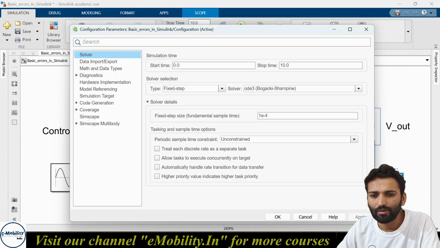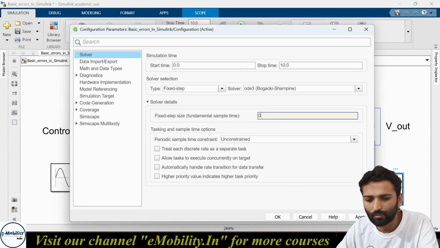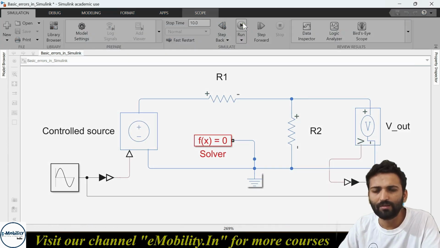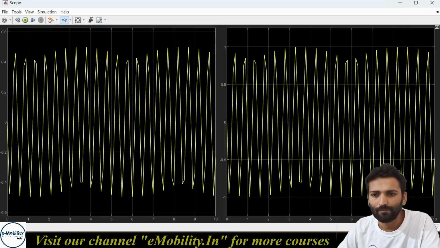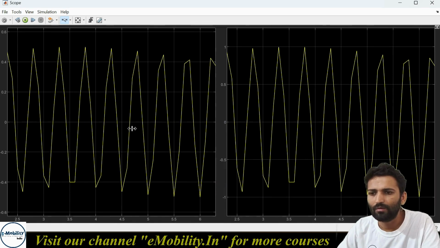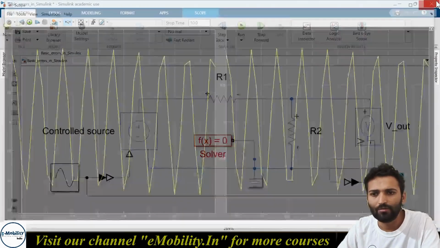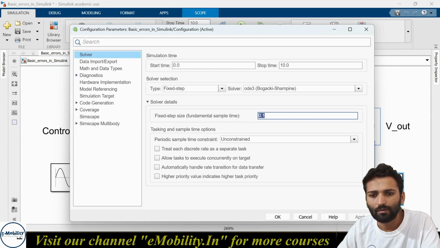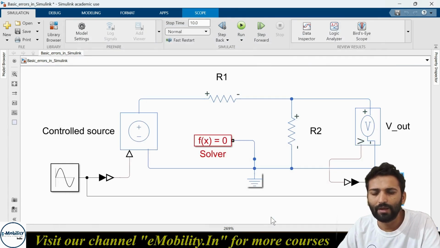You can also see this by changing the step size. If I increase the step size to 0.1, then this is a very large step size. The simulation speed gets fast, but see, now the results are not even looking like a sine wave. So that's why it is good to take a step size in the range we took earlier, 1e minus 4, which means 10 to the power minus 4, and if you want very high accuracy, you can use 1e minus 6. This is the range within which most systems work.